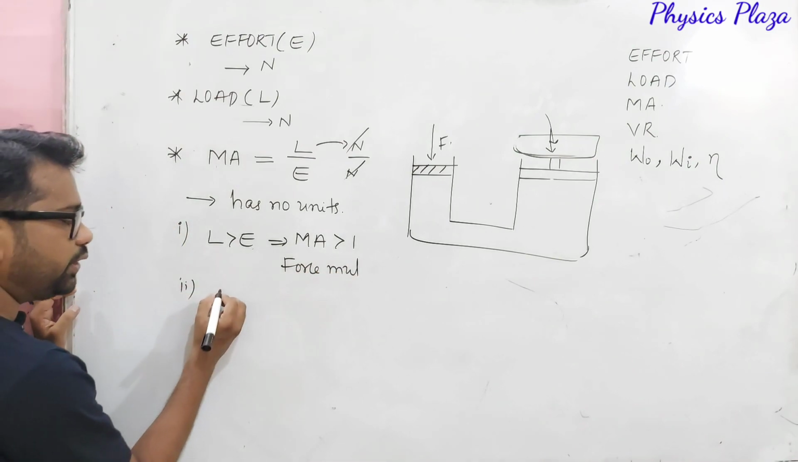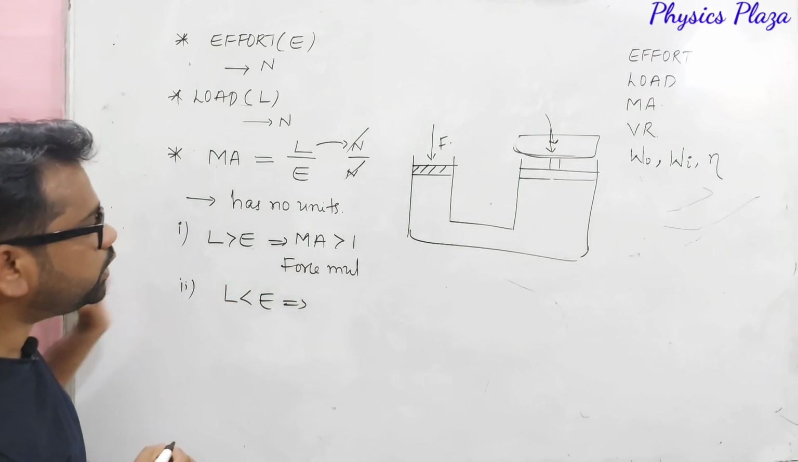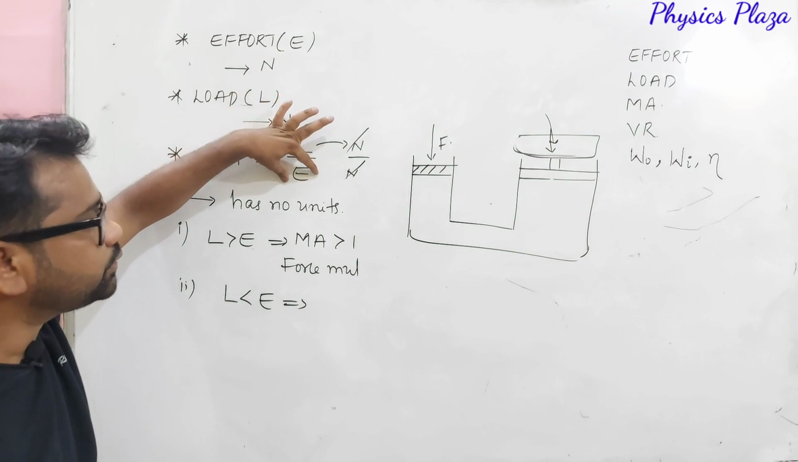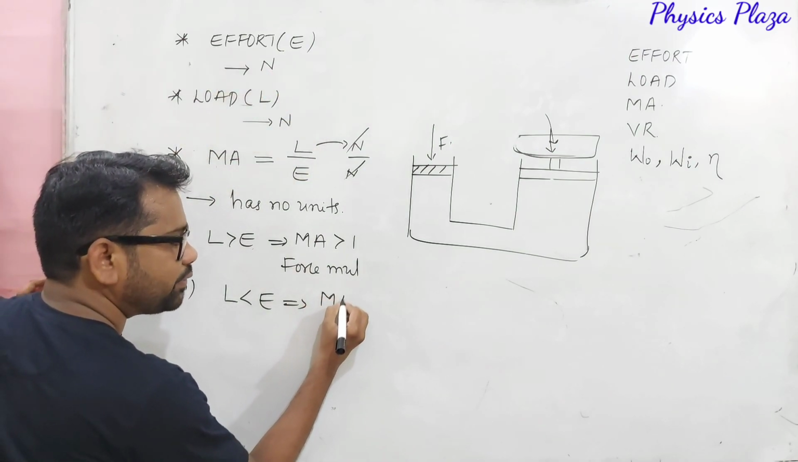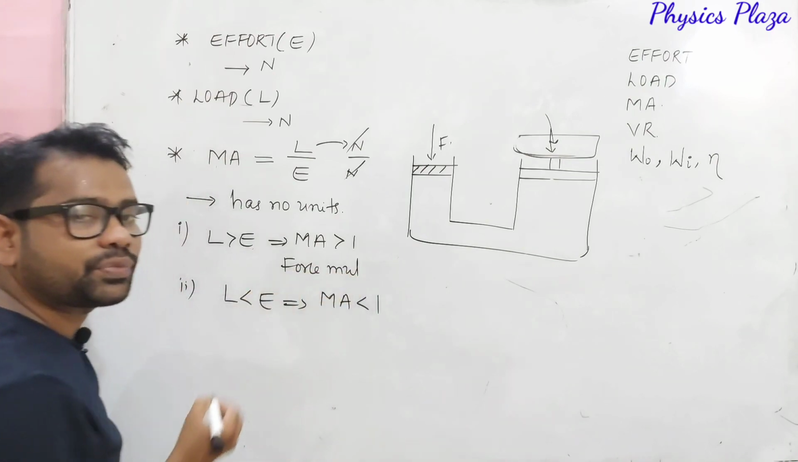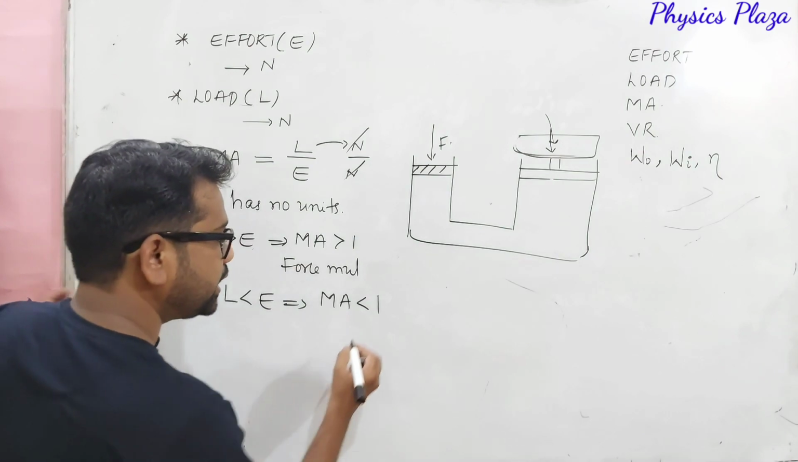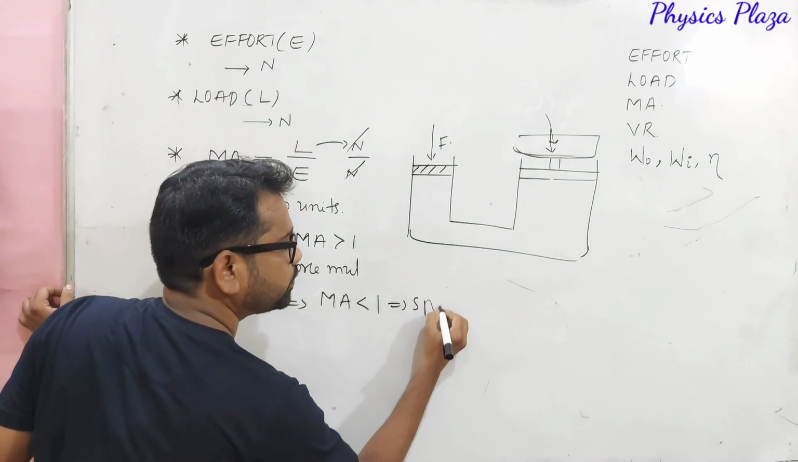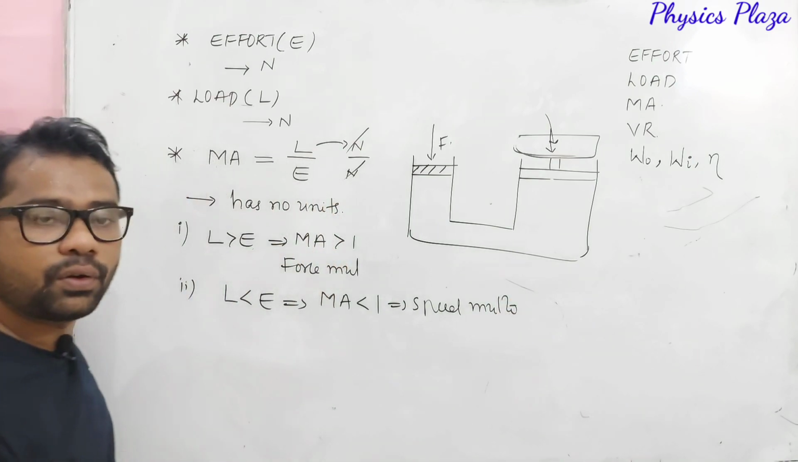Whereas, dear children, if load is less than that of the effort, which means numerator is less than denominator, then what happens? Mechanical advantage will be less than 1. Machine with mechanical advantage less than 1, dear children, acts like a speed multiplier. Whereas